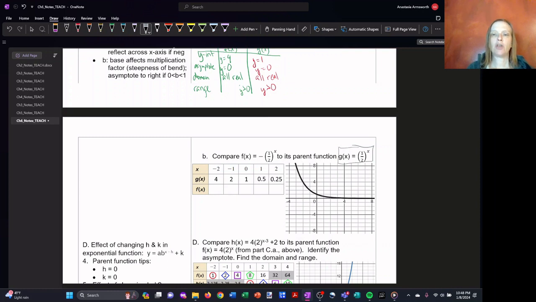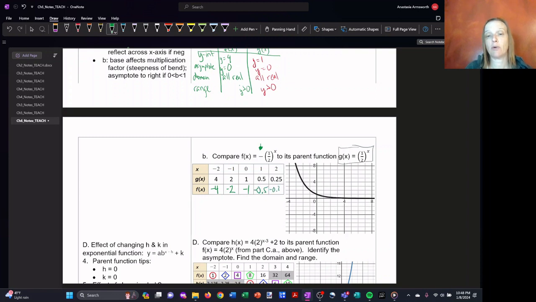So I've already plotted g of x on the graph. It's this black curve here, and I've plotted out or listed in the table various points on the graph. Because what we're doing here is multiplying our g of x function times -1, the y values, the function values are the same in value, but opposite signs. We're just multiplying everything times -1. So instead of having a y value of 4, we've got a y value of -4. Instead of having a y value of 2, we've got a y value of -2, -1,